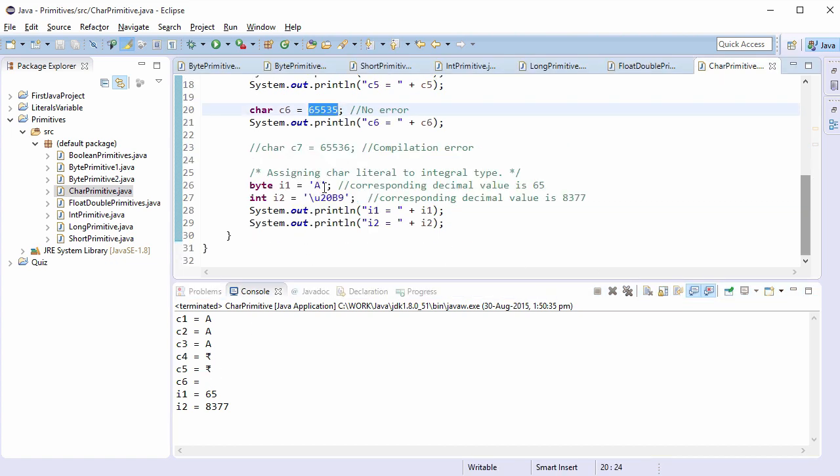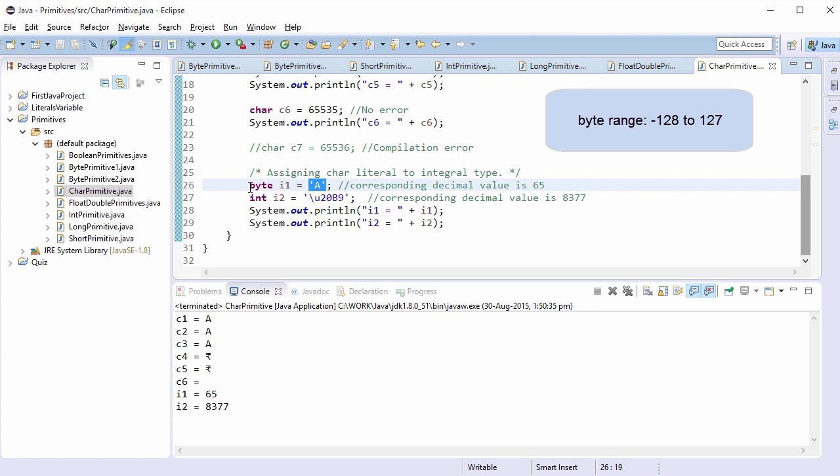We can also assign character value to integral type if the corresponding decimal value falls within the range of the assigning type. In this case, we are trying to assign the corresponding decimal value to byte type. The byte range is from -128 to 127, and the decimal value corresponding to character A is 65. So this will compile without any error.